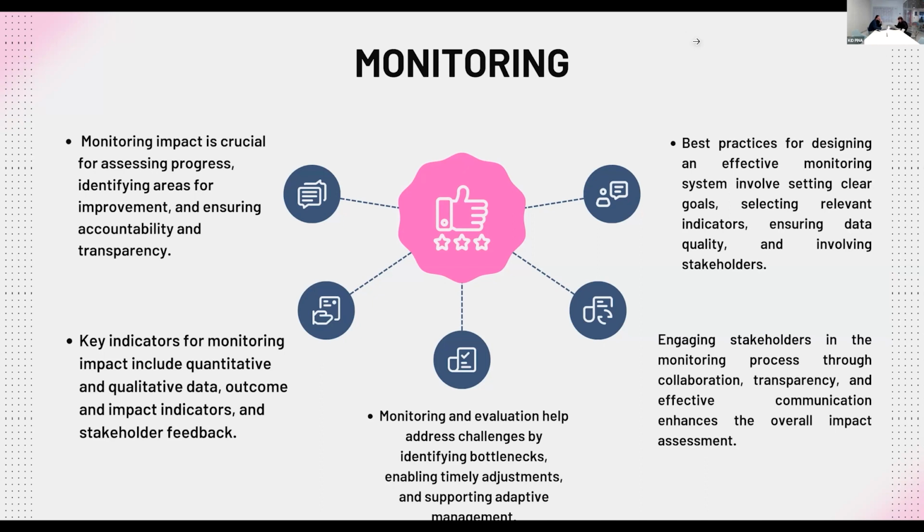And of course, during the monitoring, as we said in the communication part, the communication with the stakeholders is of crucial importance. If we want to build up a process that is collaborative and has transparency, this communication is really important. Why? Because it's not just about receiving feedback from the stakeholders. It's also knowing how to describe the role to the stakeholders and how to read those feedbacks properly,